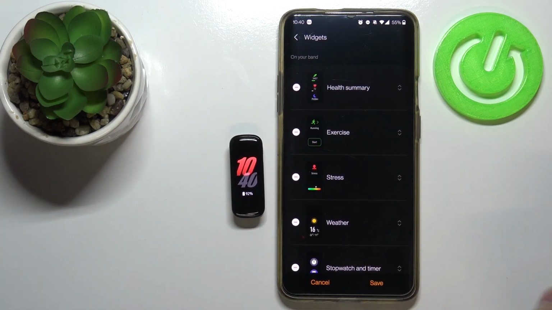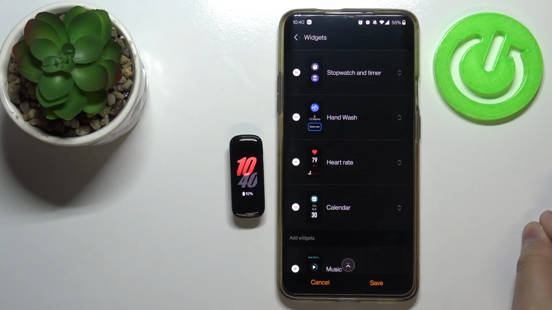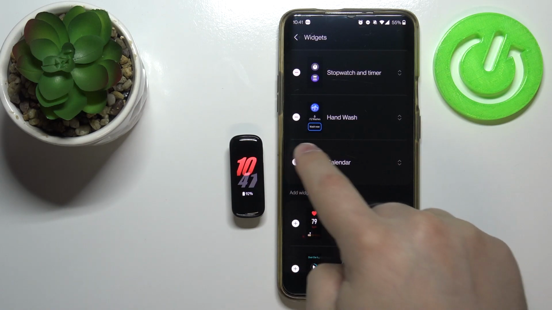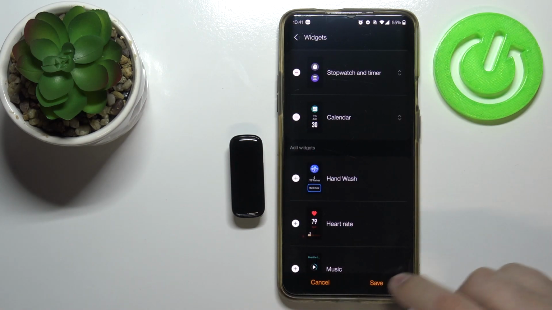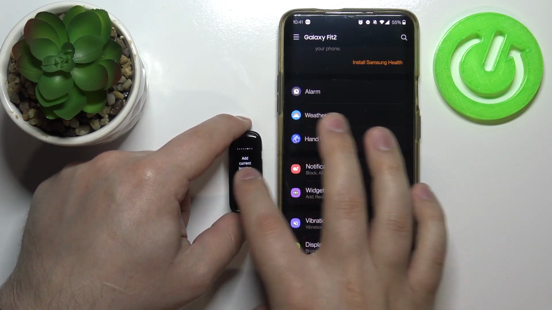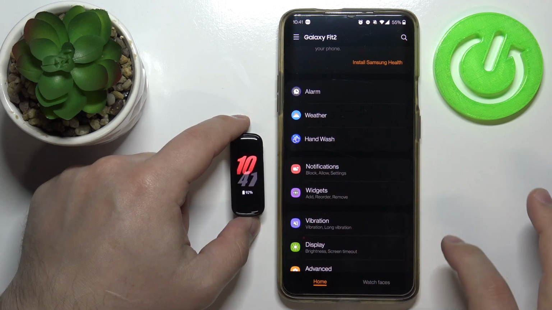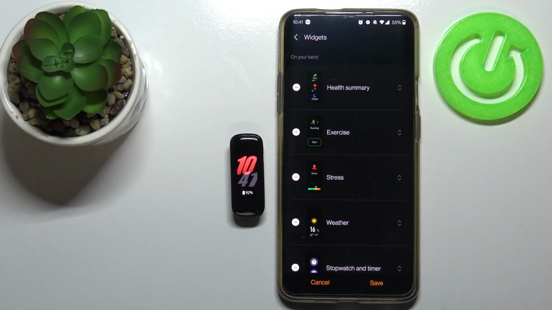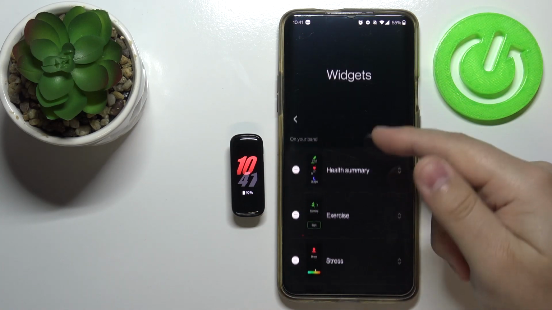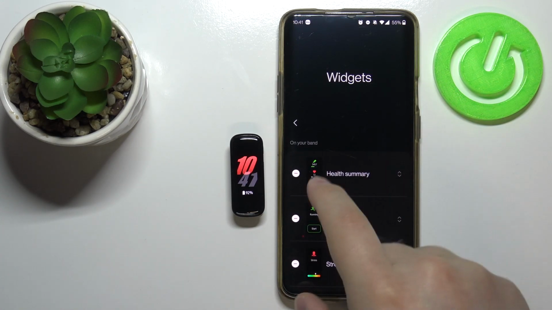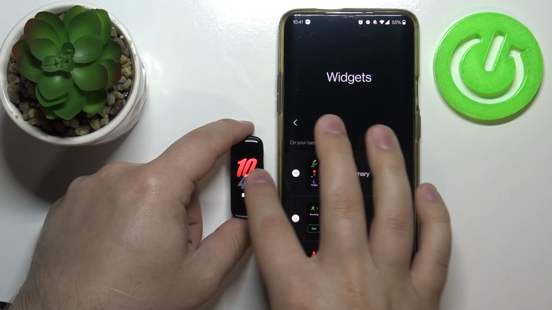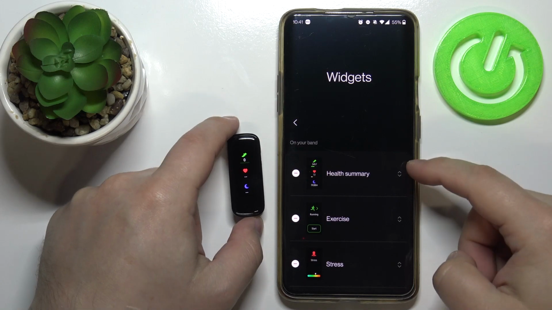Okay, let's go back. We can also remove the widgets from the list simply by tapping on minus button next to them like this, and when you tap save they will be gone from the list of widgets like this. And another thing we can do is basically change the order on the list. As you can see, the health summary is first. When you swipe left it's gonna be first on the list right here, and we can basically move it, for